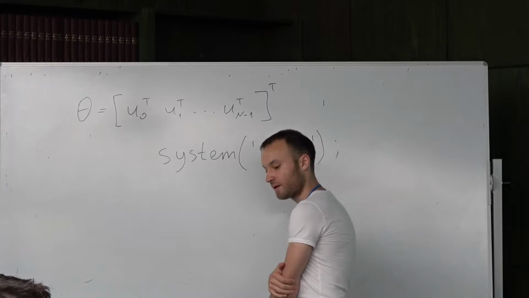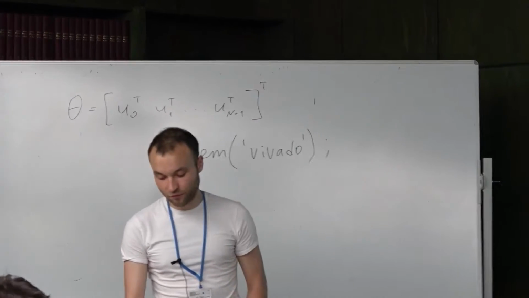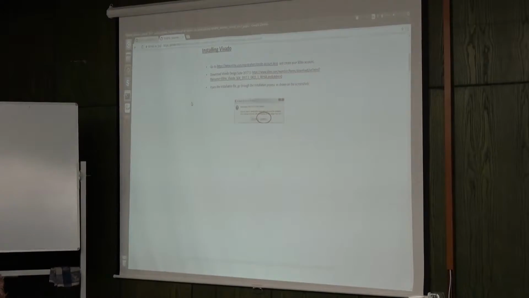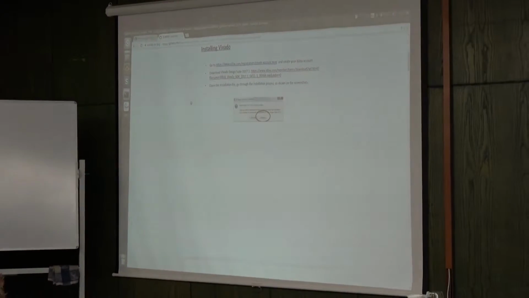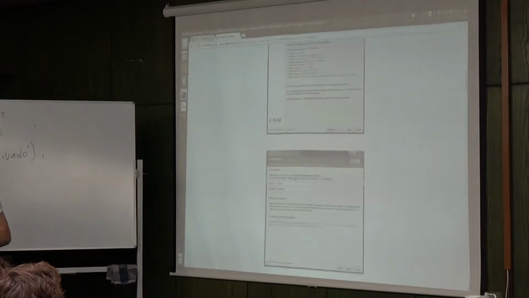Okay, if you have Vivado installed and if you have done the first 2 labs, it means that on the Vivado side everything is okay. The only thing that you have to do is to add